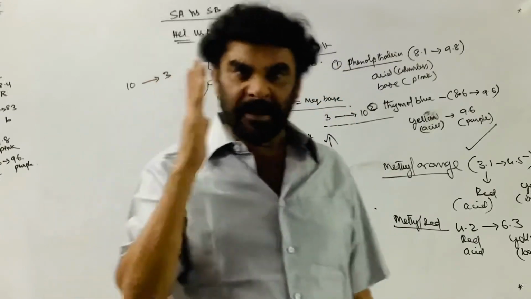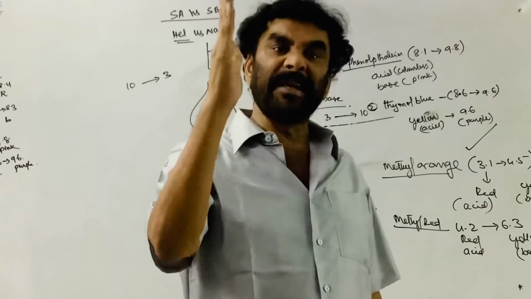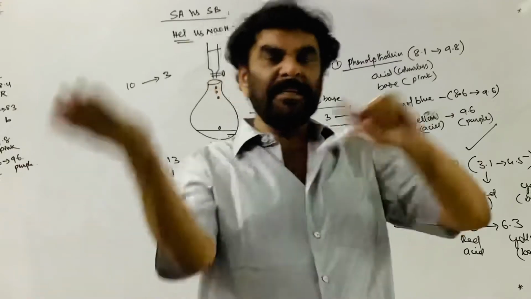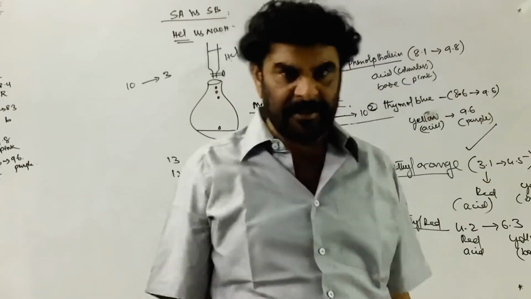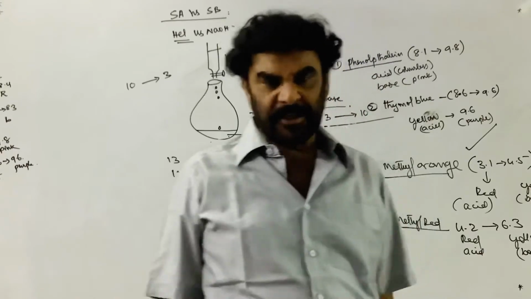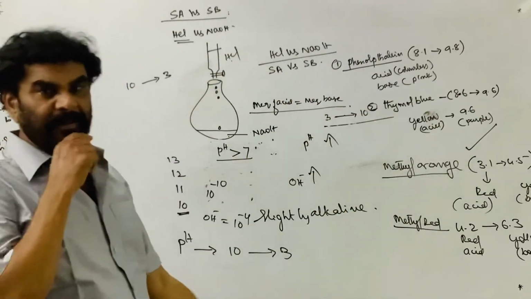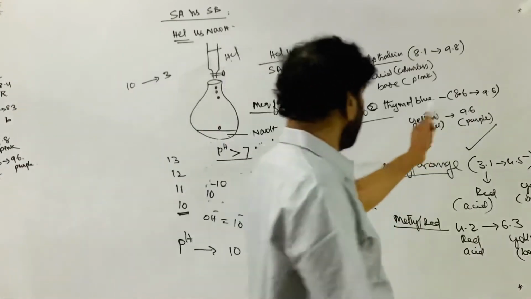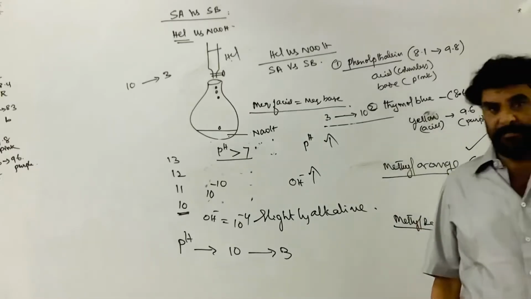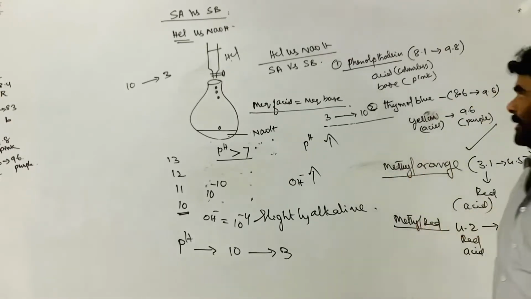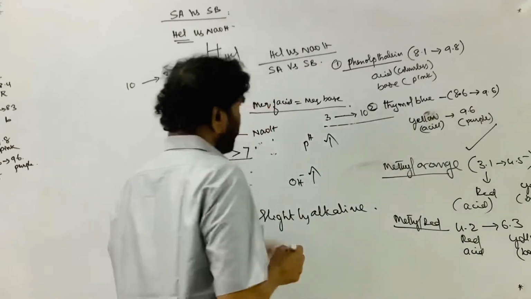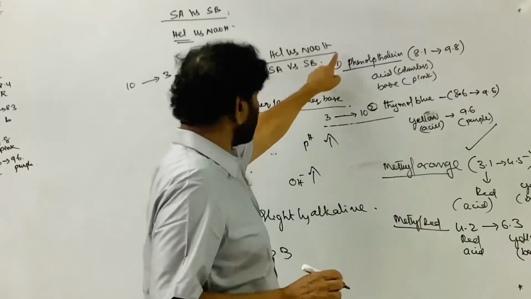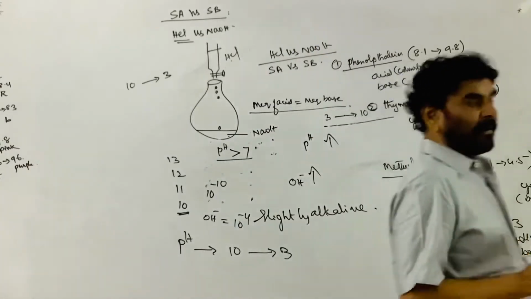There, methyl red and methyl orange have yellow color in the base and red color in the acid medium. So the change of color from yellow to red is the color-changing pH. That is, at the end point, the color of the indicator changes from yellow to red. So these two are the right indicators. Phenolphthalein is for HCl versus sodium hydroxide. For sodium hydroxide versus HCl, methyl orange and methyl red are the right indicators.